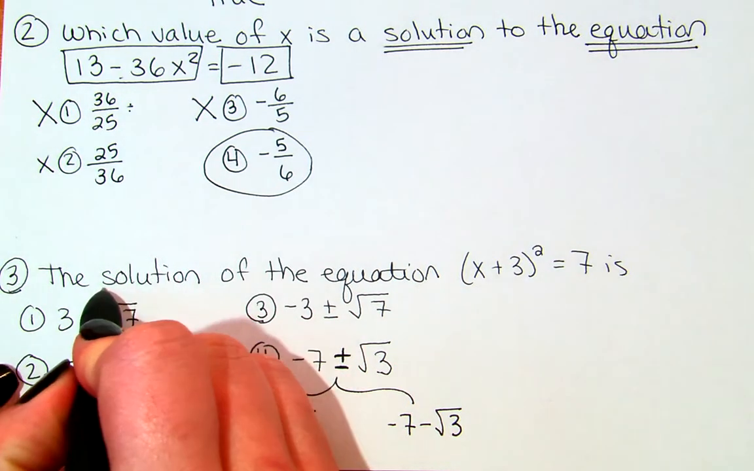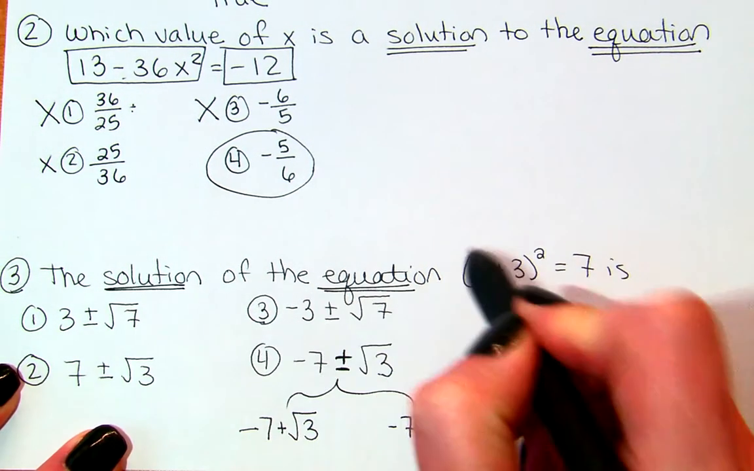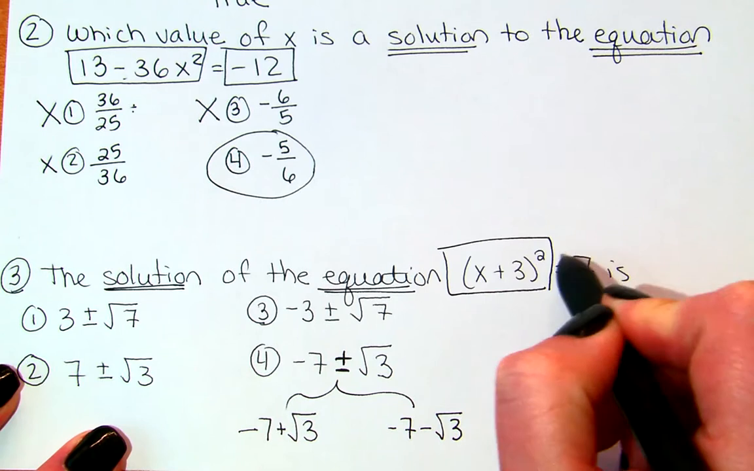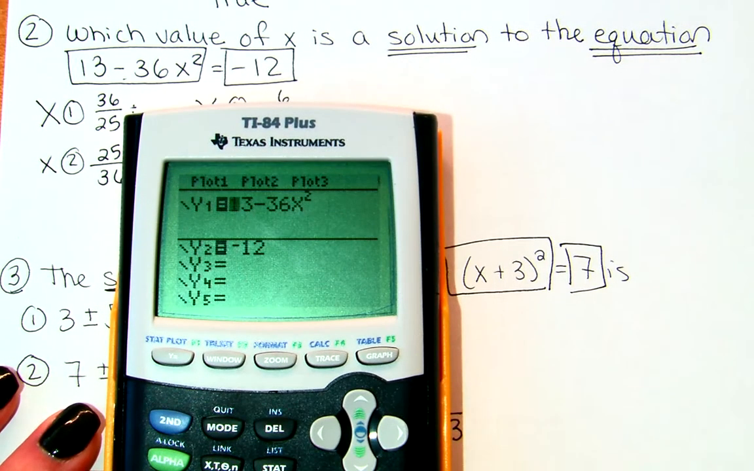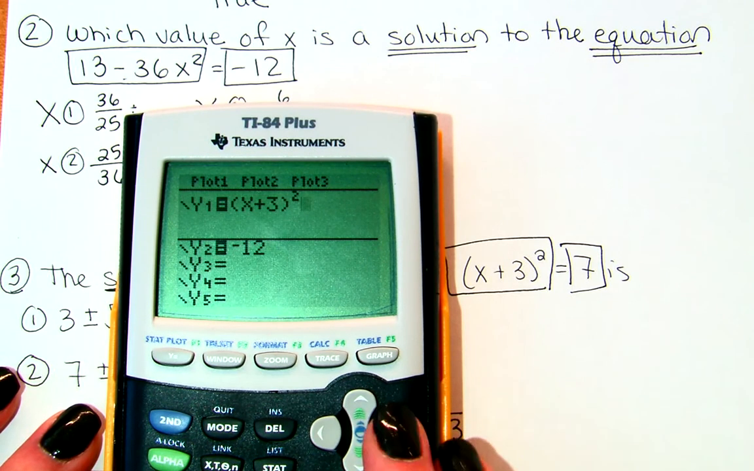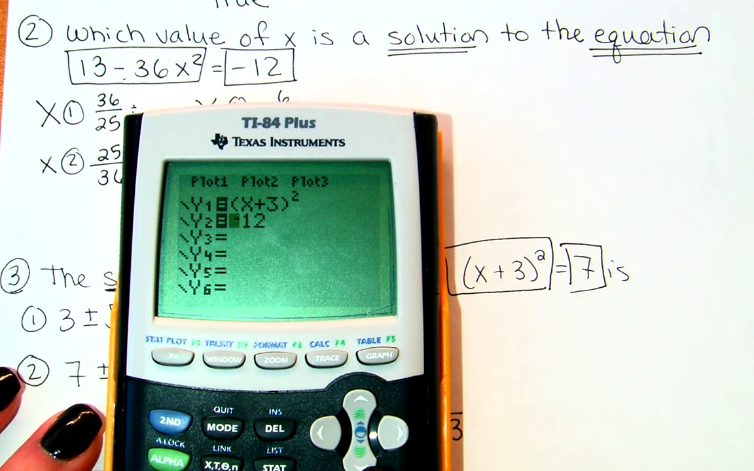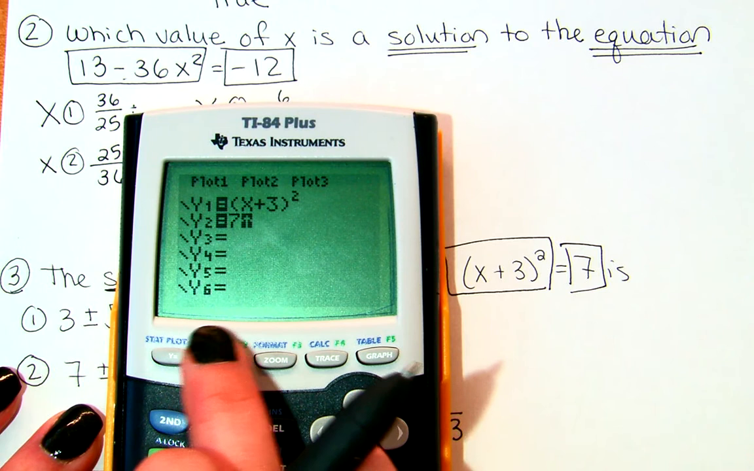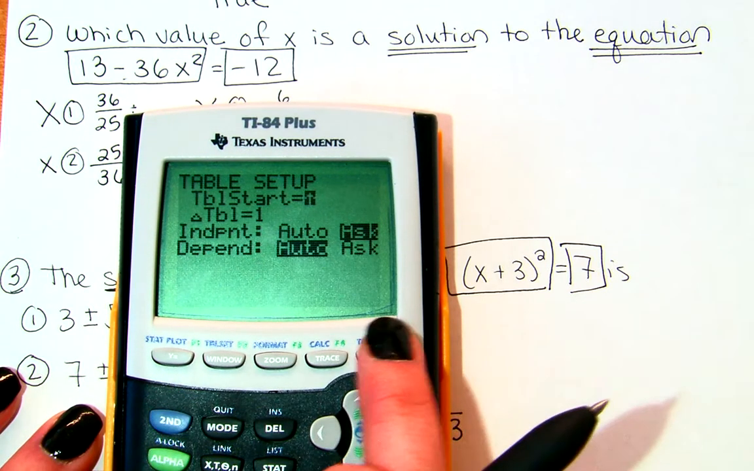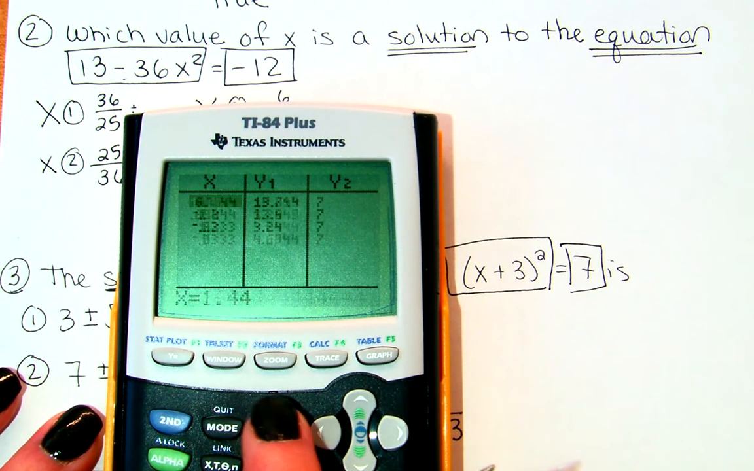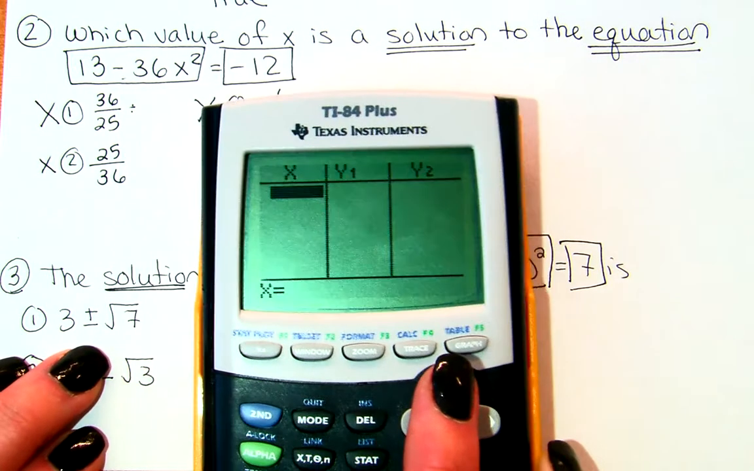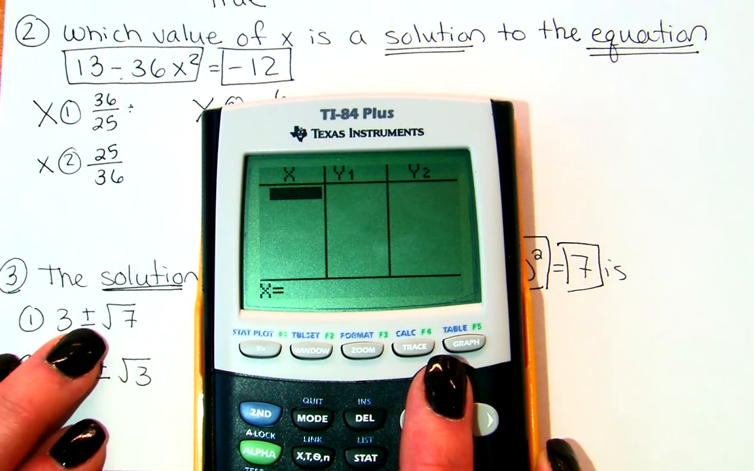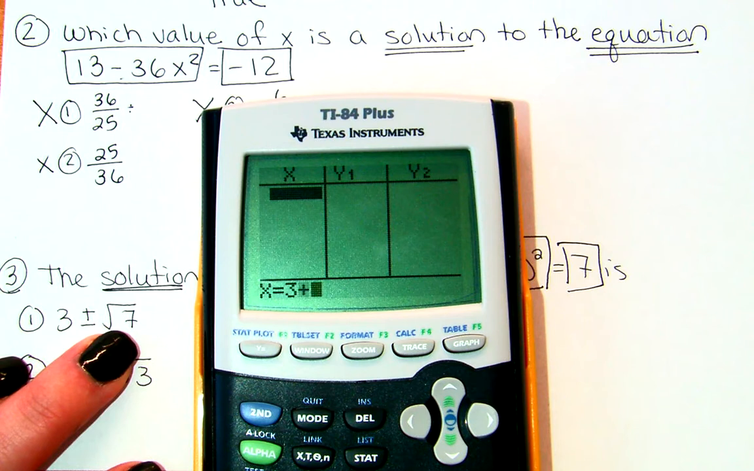But once again, it says what is the solution of the equation. So here is the left side, here is the right side. So I go into y equals. I'm going to type in parentheses x plus 3 squared. And on the right side, this is going to be a 7. Second window, I'm still in ask mode. Second graph, to get the table, I can delete what's already here. And now I'm going to type in one choice at a time. So this is going to be 3 plus the square root of 7 first,